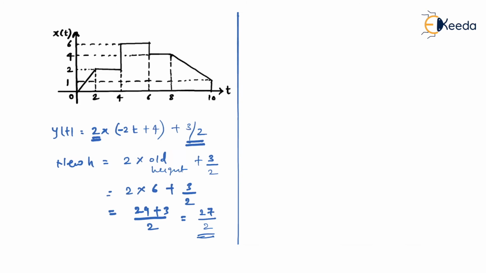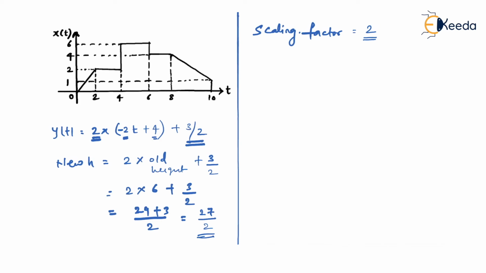So you know that who alters the width? Do you think that this shifting alters the width? No. Who affects the width? Only the scaling factor. Is that right? Only the scaling factor does affect the width, because shifting only moves the signal from one place to the other without affecting the width. Okay, so as you can see, the scaling factor over here is how much? Scaling factor is what? It is 2. So if the scaling factor is 2, what we do is the original width gets divided by 2.